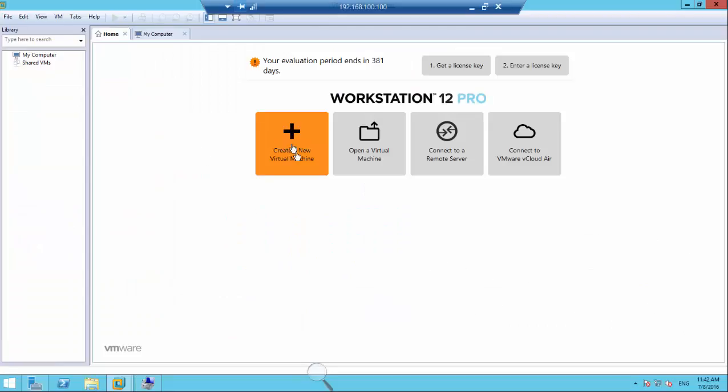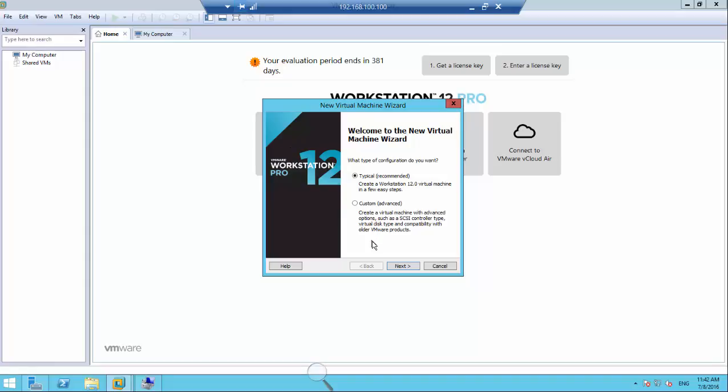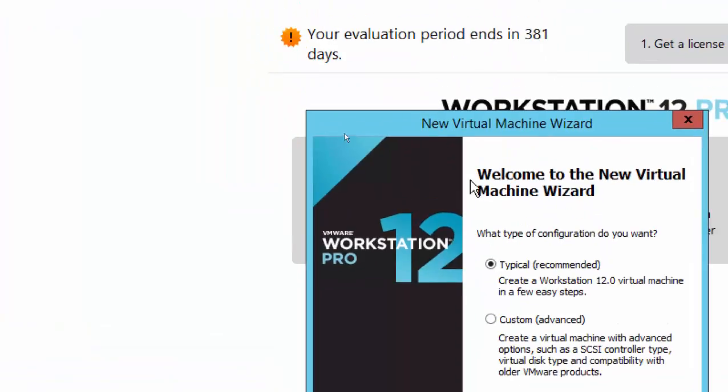Okay, so let's just create our new virtual machine here, everyone. Everyone on this screen, please do let me know if I'm going fast so I could go faster. No, I'm just kidding, so I could slow down, right? Let me know what you don't get. So I just clicked this button,